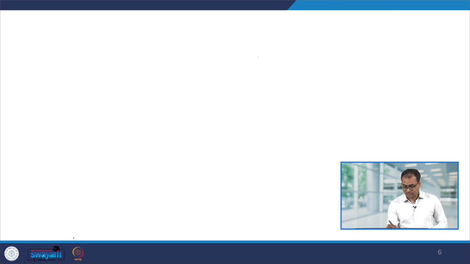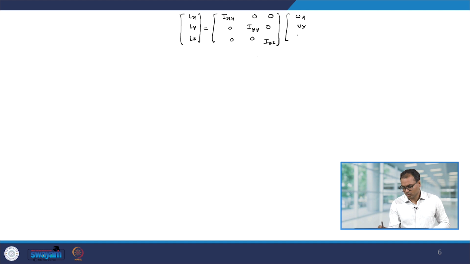Therefore, in this case your Lx, Ly and Lz become Ixx, Iyy, Izz, with the products of inertia being 0, times omega x, omega y, omega z, and this tells you that if the coordinate axes small x y z coincide with the principal axes of inertia,